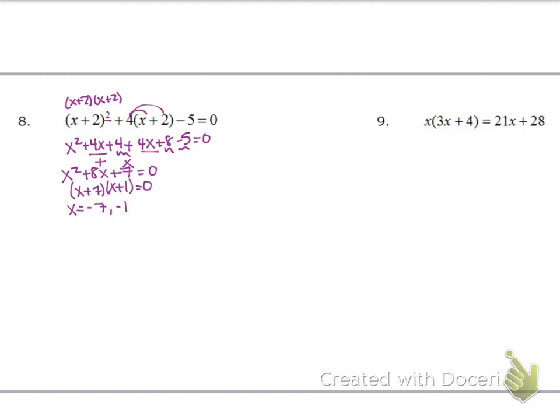Alright, simplify my parentheses again. We'll get 3x squared plus 4x. I got x squared and x, so I want to bring it all over to one side, keeping that x squared positive, so we're going to subtract 21x and subtract 28. Got a GCF, no I don't. I was thinking my GCF was 3, but it is not because of that 17, so we're going to send this 3 back